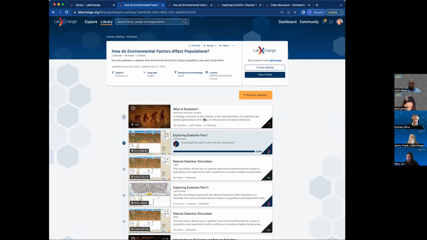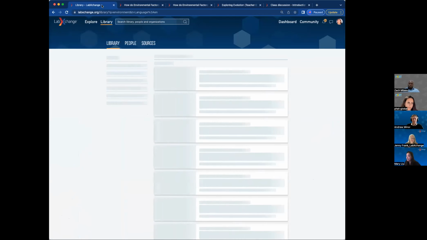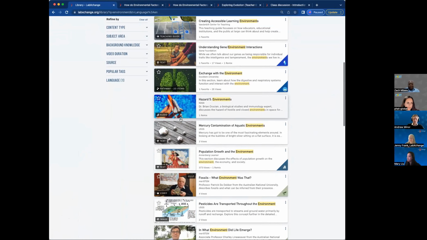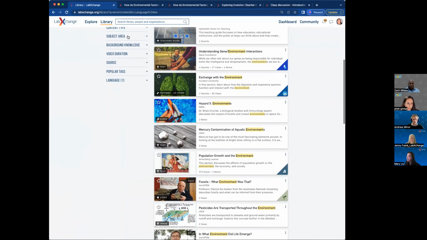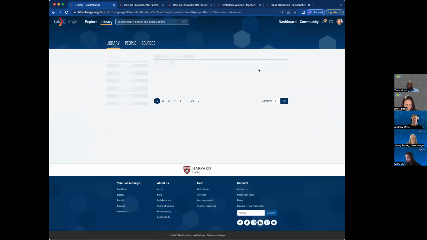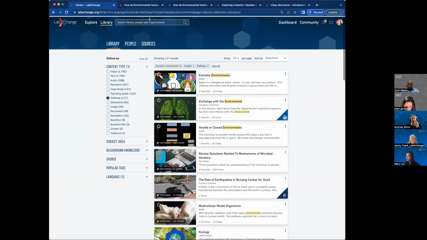So we made this pathway available for everyone. So if you go to the library, you can search for it. I made it a question. So it's how do environmental factors affect population? So if you use that, you can search for it that way. You can filter by content type to look for a pathway. And it will appear, I guess I should use